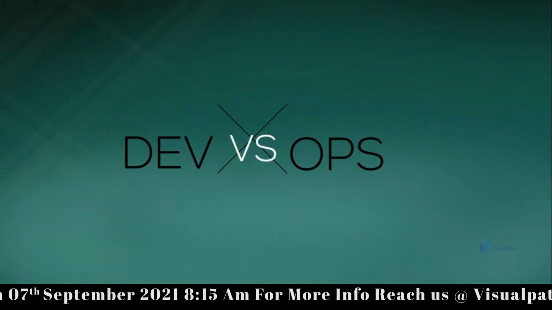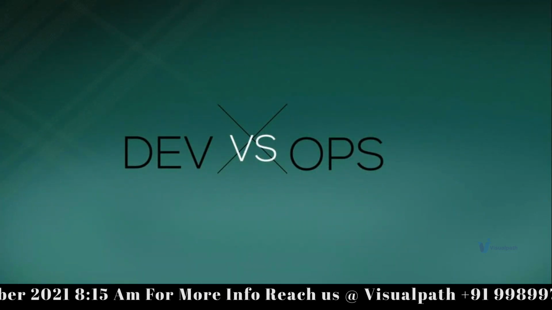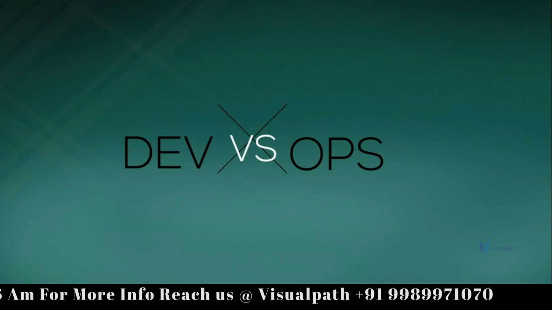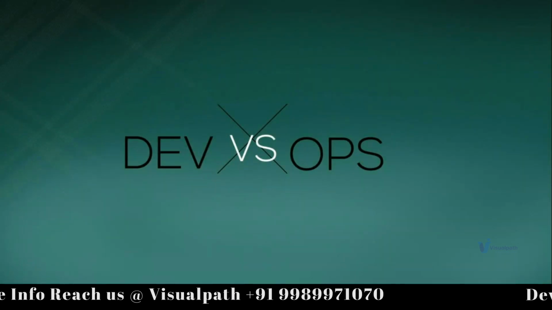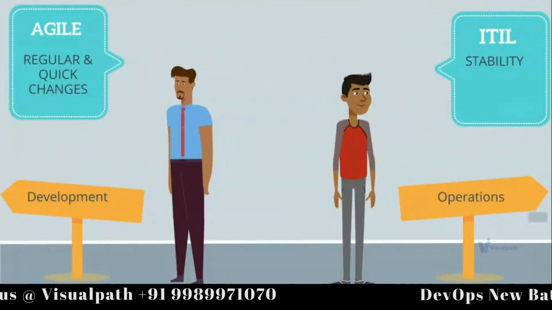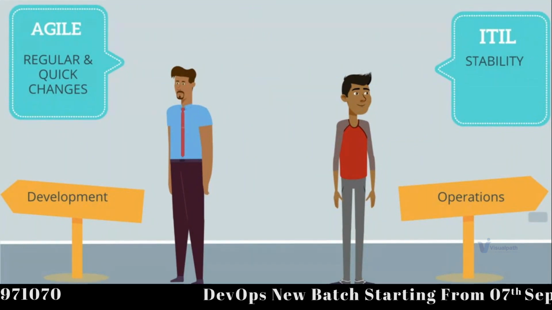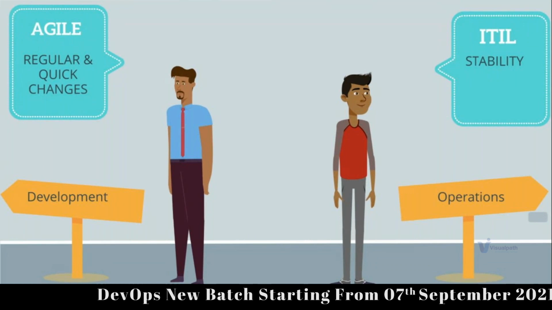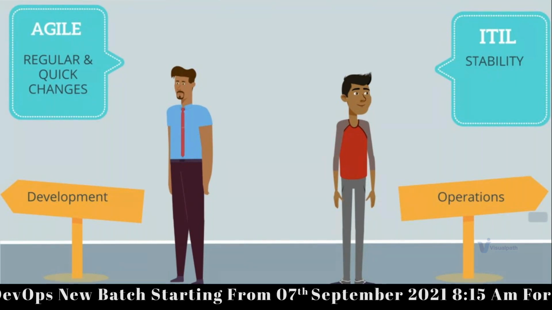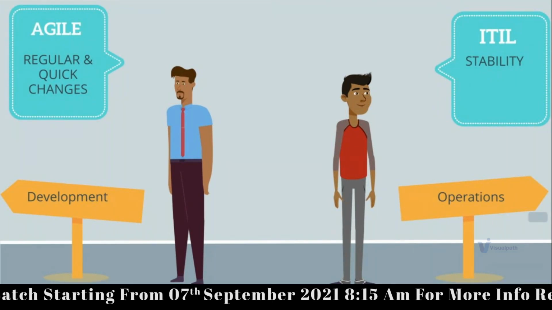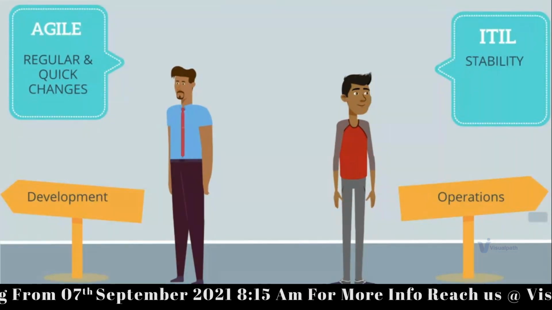So this starts the development versus operations instead of DevOps. Before DevOps, there was always development versus operations. There was this fight. Why is that? Again, agile developers are agile, quick, agile driven. Operations is ITIL, stability. So poles apart, really, right?